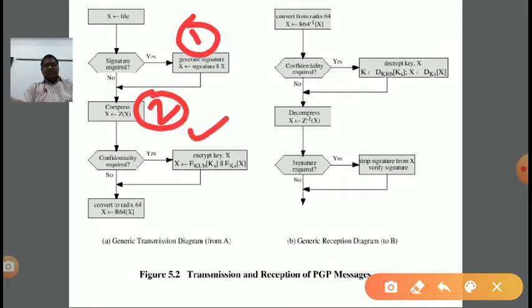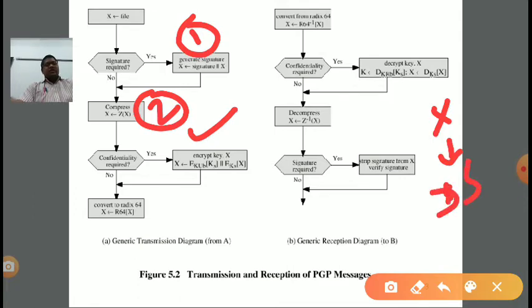So in the third step, to perform the encryption, the key and X are required. So we will apply some encryption algorithm, and with the help of this key we are encrypting the previous compressed message Z of X. Clear? Initially X was there. On X we applied digital signature.